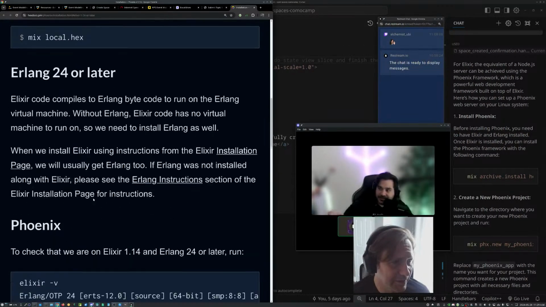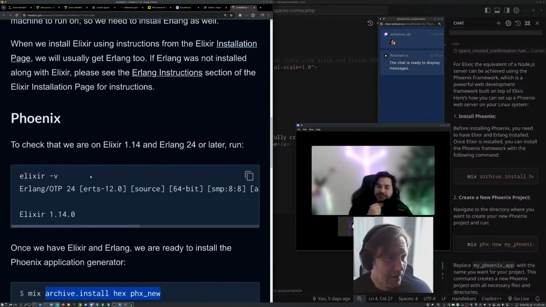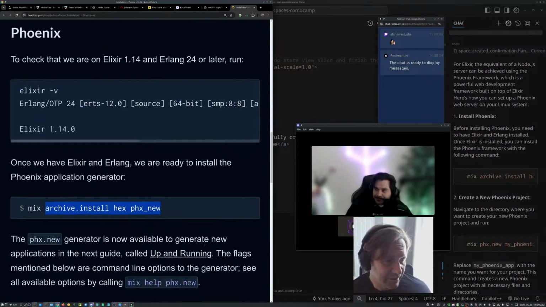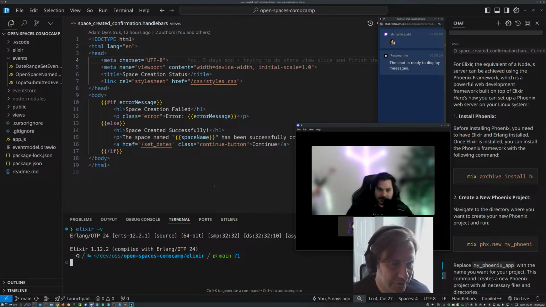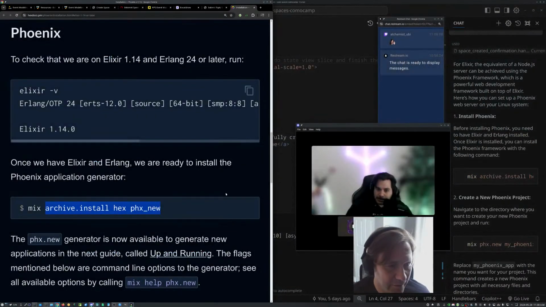Okay, so we did this. Now we see if we have Elixir. We just want to double check that we have Elixir. You should have it. Well, I guess we do. Okay, good. So all that installation stuff worked.